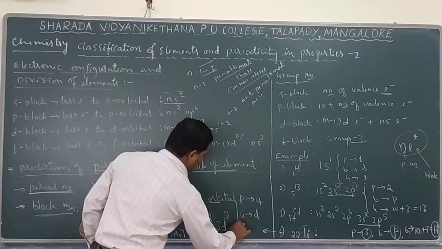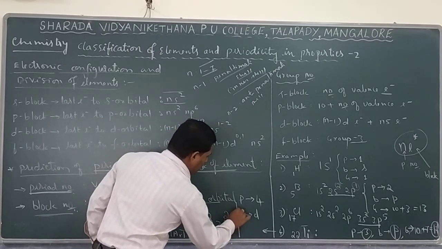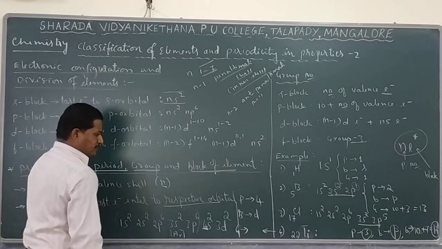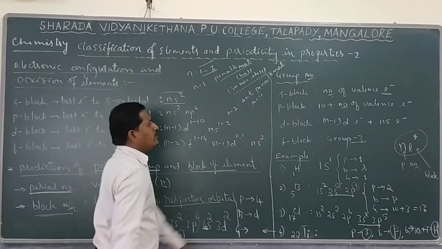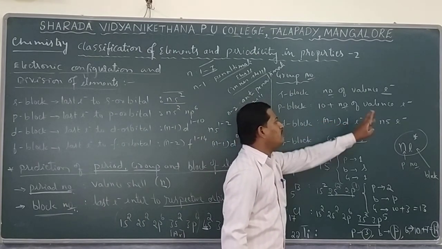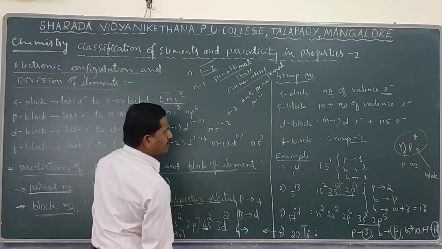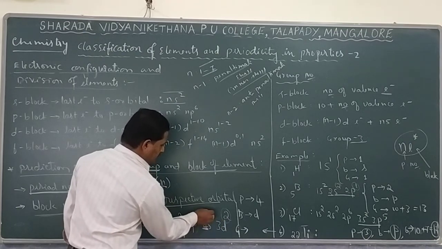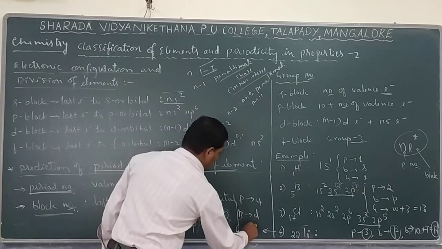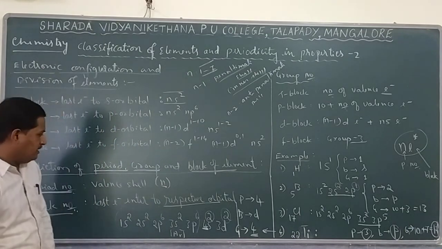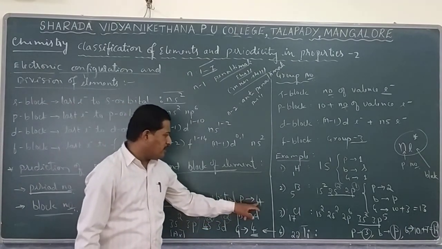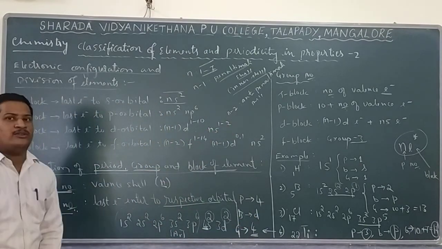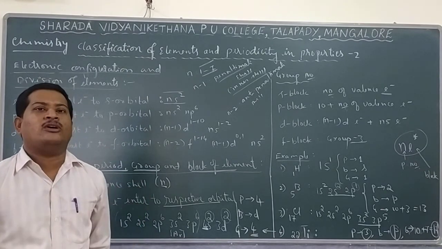Okay, and then this is the block. Next, the group number. Since it is a d block element, for a d block element, the group number is the sum of (n minus 1) d electrons and ns electrons. Here it is 2 electrons from d and 2 electrons from 4s. That's 2 plus 2, the fourth group. So titanium belongs to group number 4, period number 4, and the d block. So like that, using these short methods, it is possible to find the position of an element in the modern periodic table.